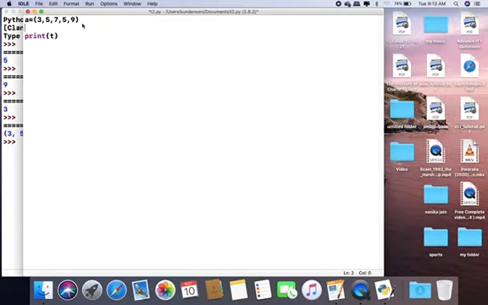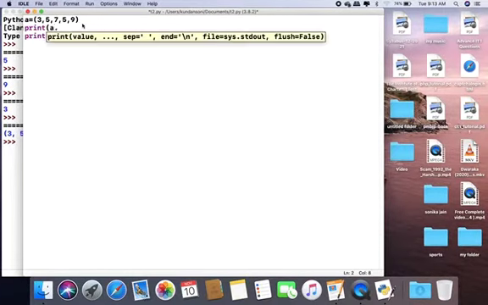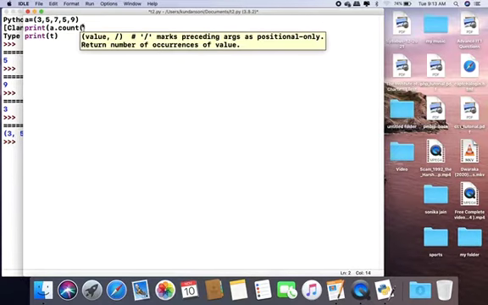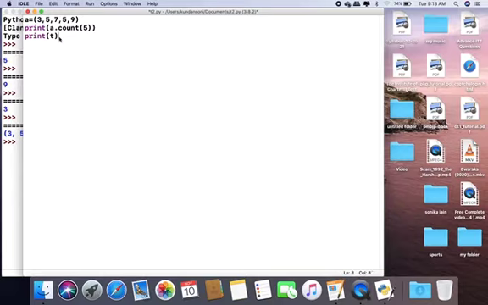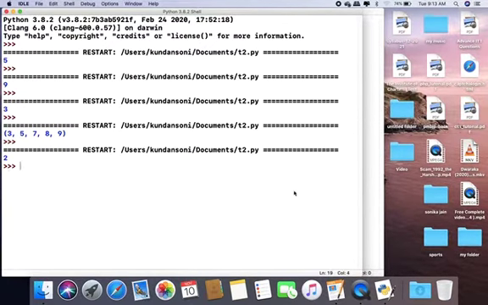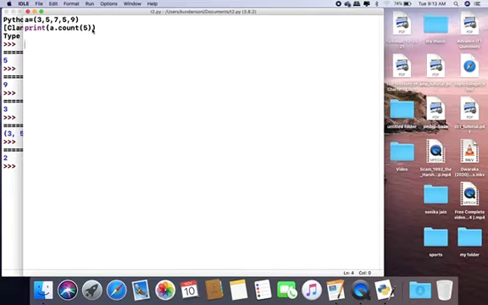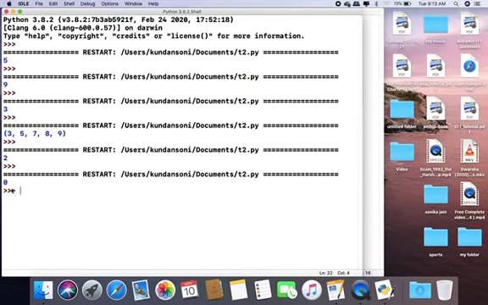Now I use print a dot count 5. The number of 5s, my output will now be 2 because 5 is coming 2 times. So I run this program. So 5 is coming 2 times. If I write here a dot count 10, 10 is not in the tuple, so my output will be 0. As you can see, my output is 0.